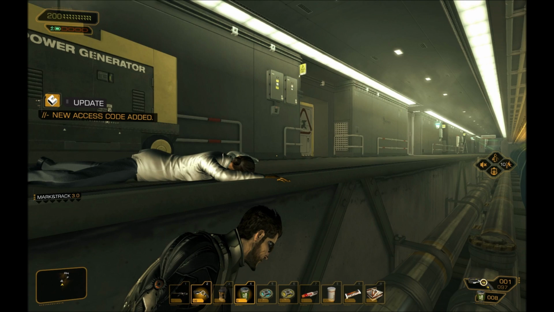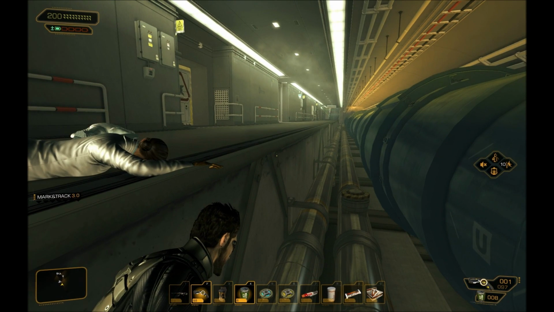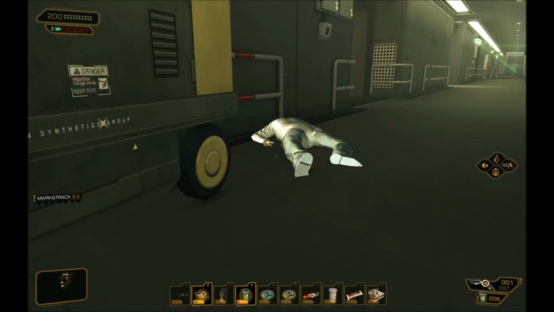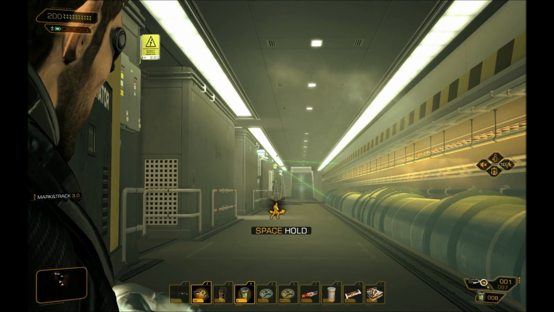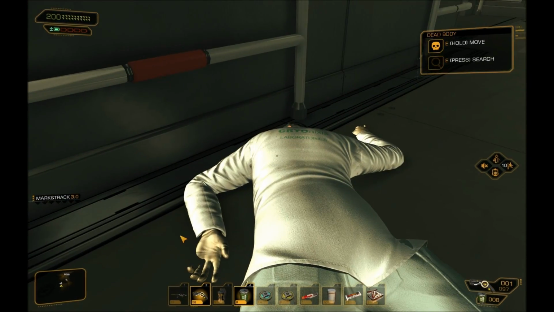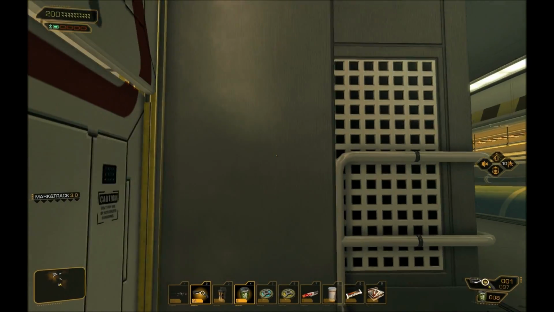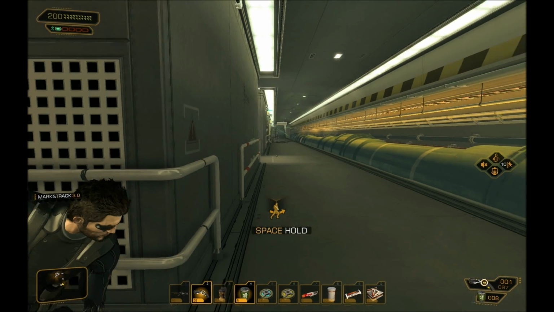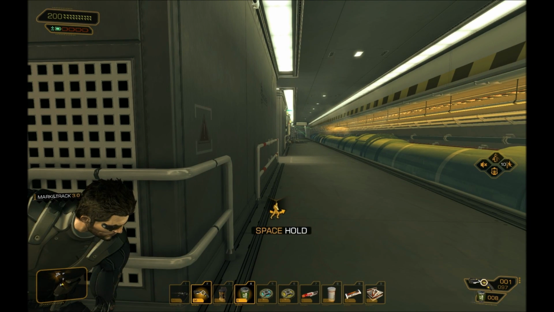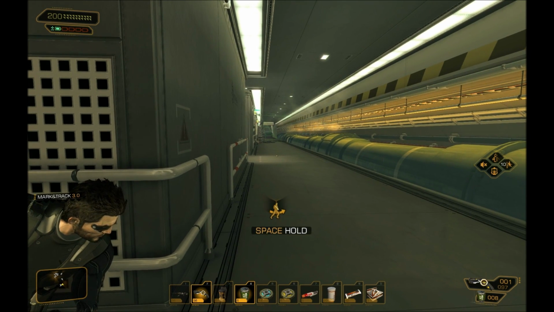Huh. Yeah, the AI is interesting. Wonder if we'll end up having a little chat with it. So I can hide back here from the camera. I can search this guy. Security bot. Hello, security bot. Don't mind me. Camera's pointed this way. Well, wait. I mean, I can cloak, you know, but...